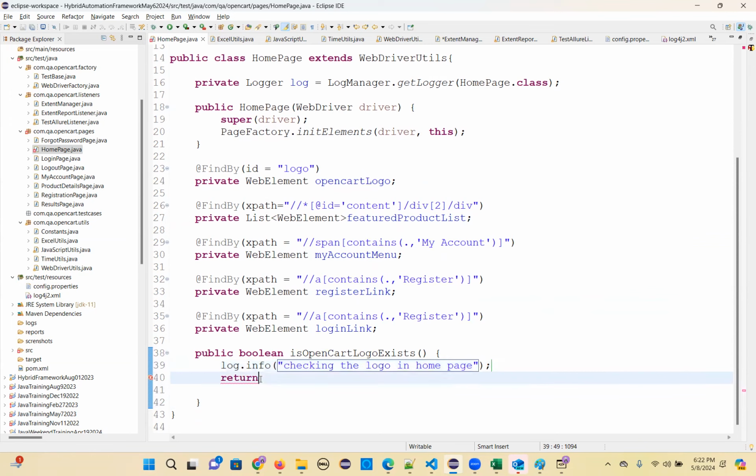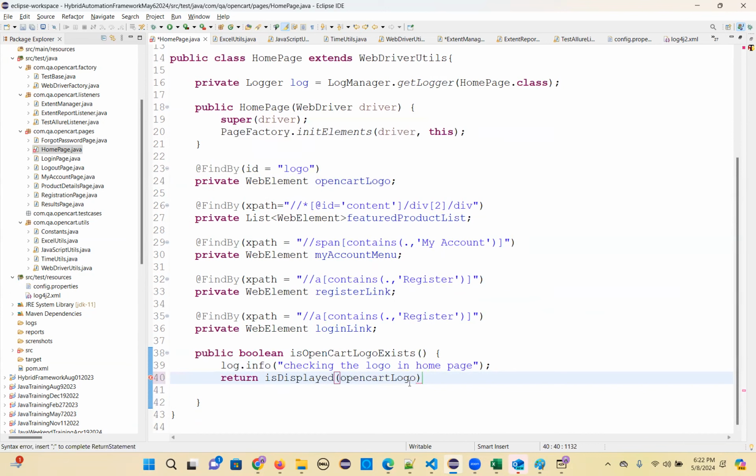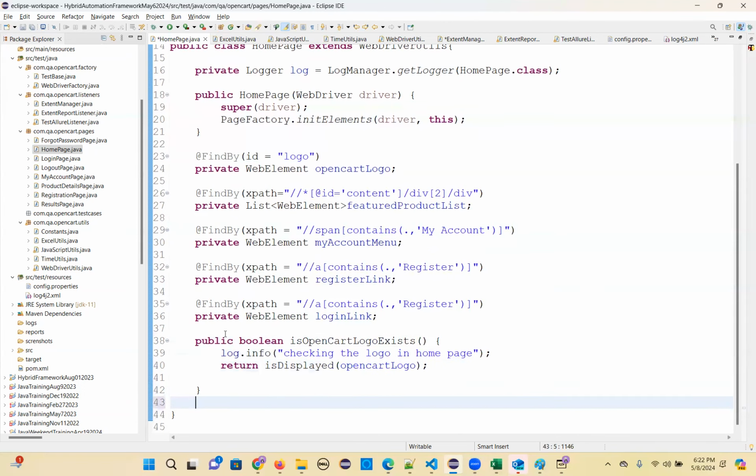Checking the logo in home page. So return this element. Maybe you can check, there is an isDisplayed method, and you can call this. That's it. It will check and return a Boolean value. That's how you can check whether all the elements are present or not. Then you can get the